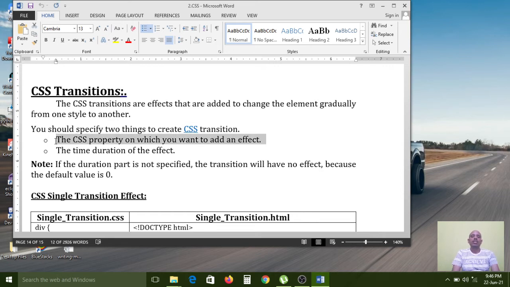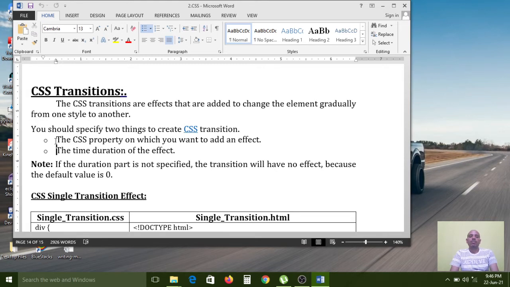These two are the main properties, and for the transitions concept these two are very important.